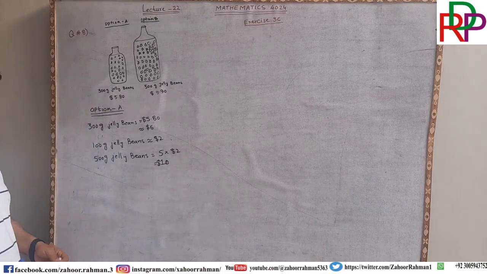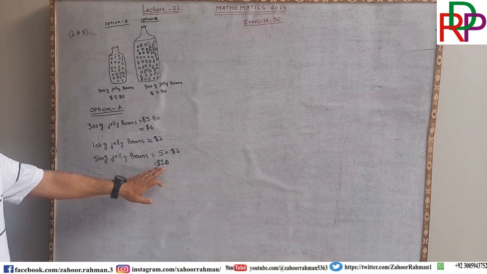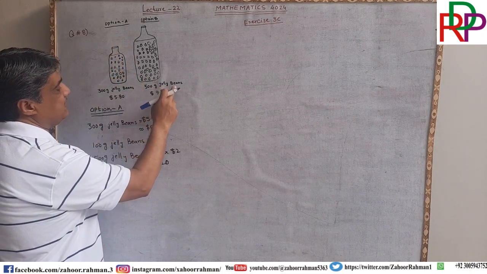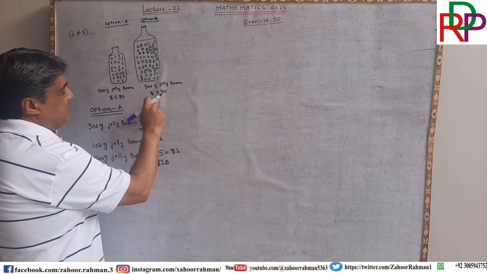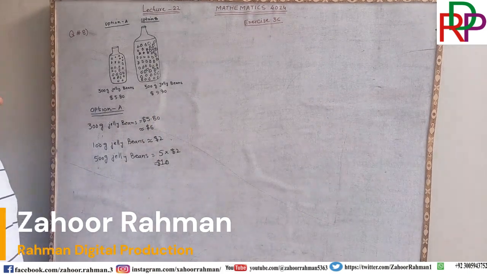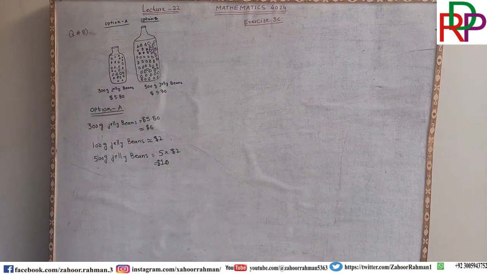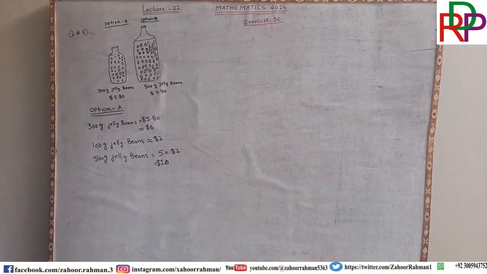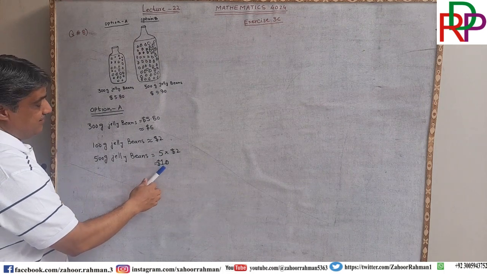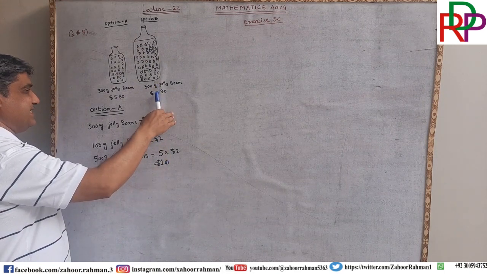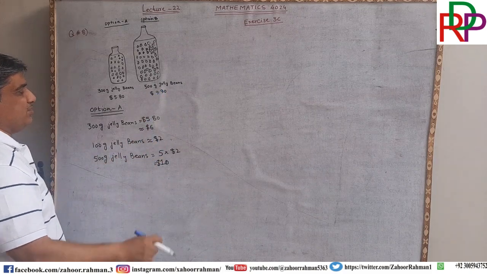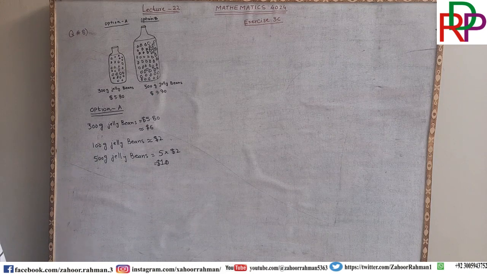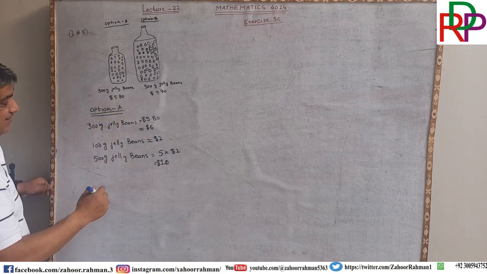So this is equal to $10, and when we are seeing this 500 gram jelly beans is costing $9.90. So till here option B is better because this is $10 and this is $9.90. But 300 gram,